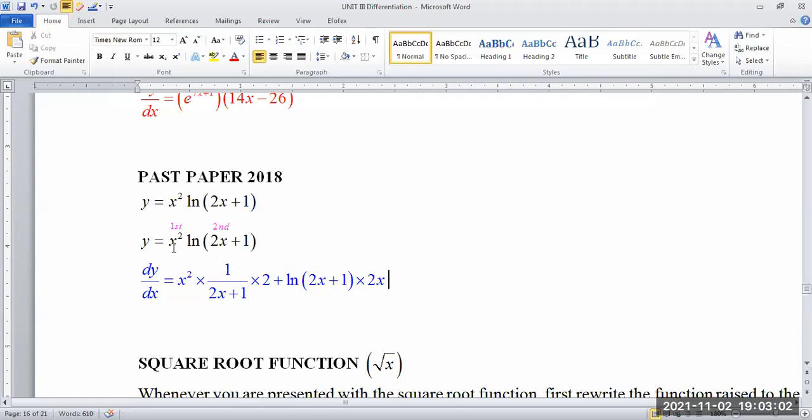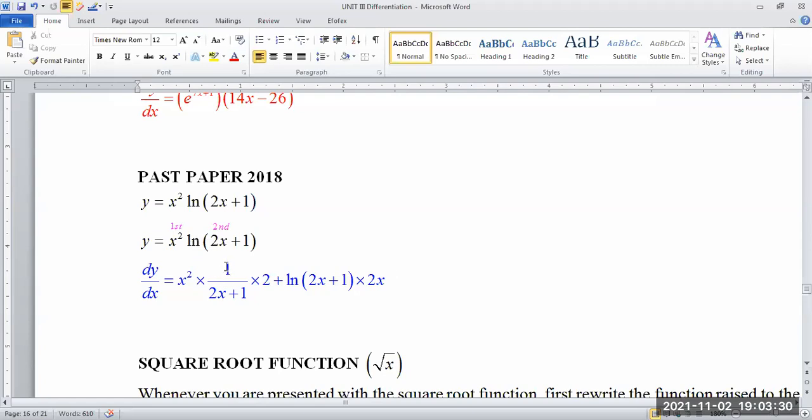So look at what is happening here. This is going to be the first, x squared, right here, times the differentiation of the second. So I'm multiplying by the differentiation of the second. When I differentiate the second, the differential of ln x is going to be 1 over x. Remember, everything contained in the parentheses after the ln belongs to the ln.